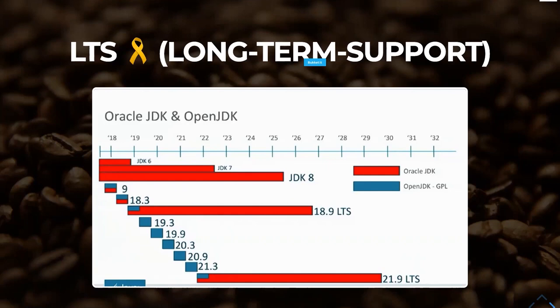So here are the rules. Every 5 years, we introduce a new long-term support. So now we have 11, and the next long-term support will be 17. Then we will keep Java 11 for some time, for 2 more releases, to leave you a gap so you can migrate and you already have the previous version until you migrate. And then we stop supporting the older version.